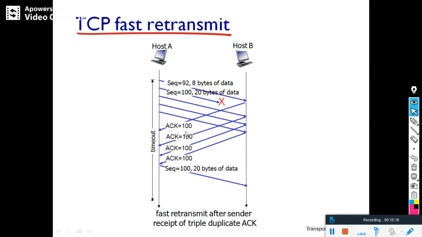But once he receives acknowledgement 100 the second time, third time, it is a direct indication for host A, no need to wait for the timeout, send 100 directly. That is called a fast retransmit, which is a retransmit after the sender receives triple duplicate acknowledgement. This is called TCP fast retransmit.